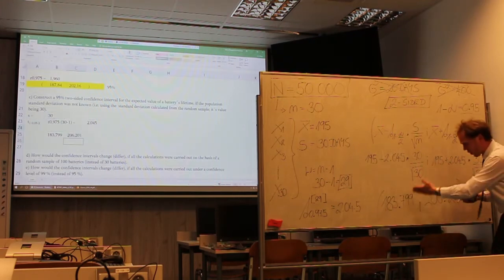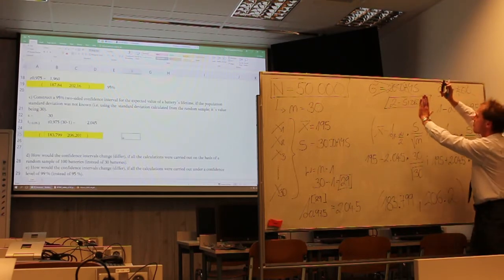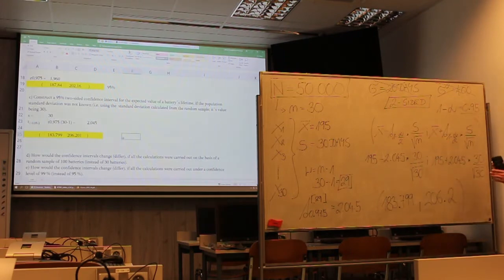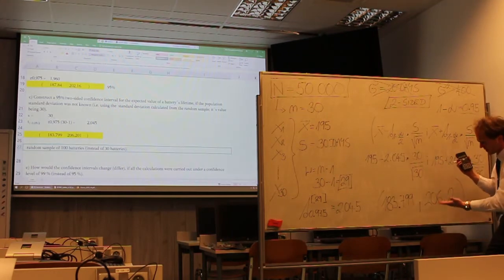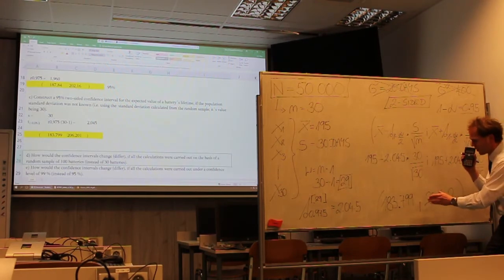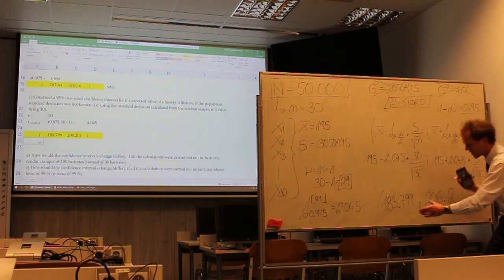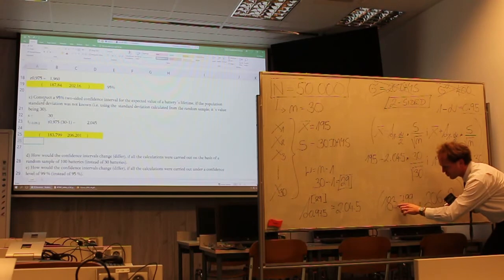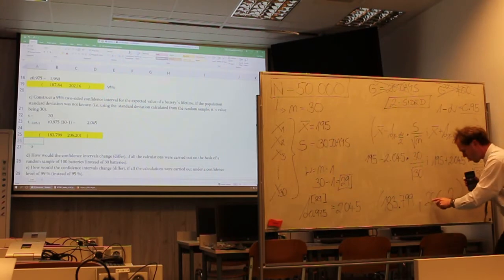Days. So the result is in days. This is a 95% two-sided confidence interval for unknown variance of the population. So we can expect with 95% probability that the battery will be able to work, for example, in wall clocks, at least 183.8 days, and at most